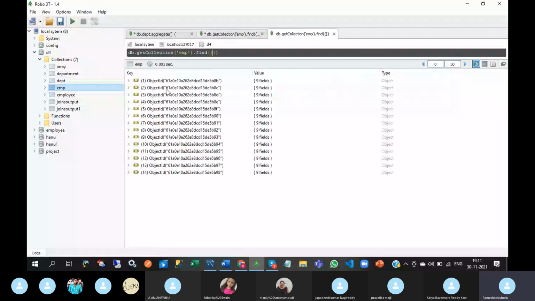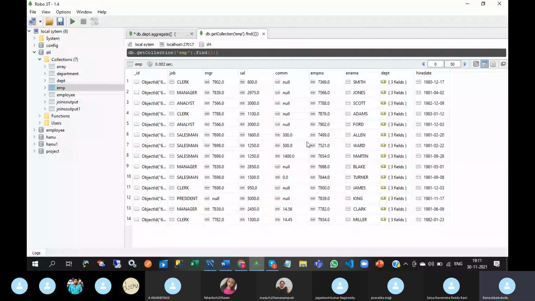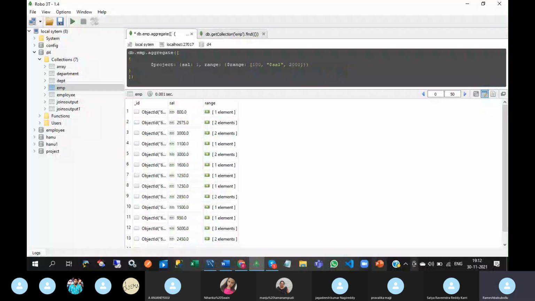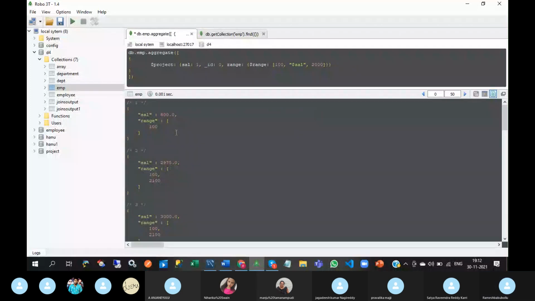See this, EMP collection. Here, salary. I need to have this ID 0. See this, 100, salary 2000.